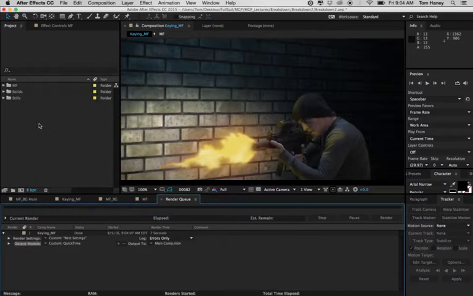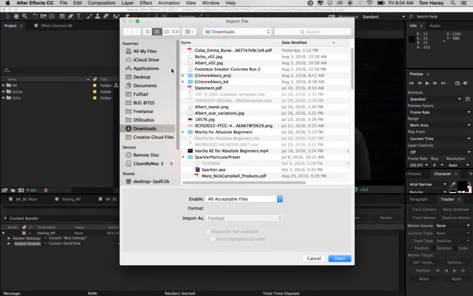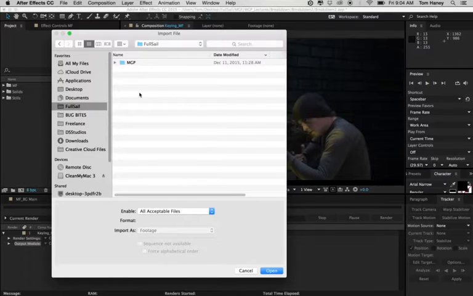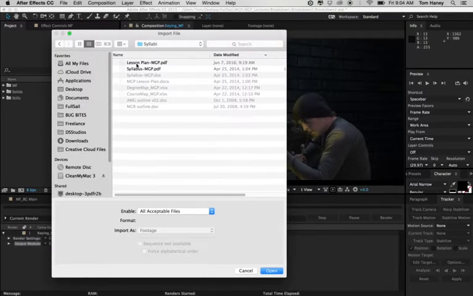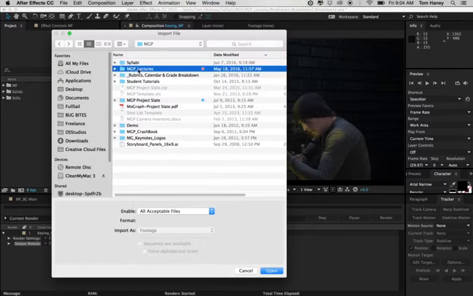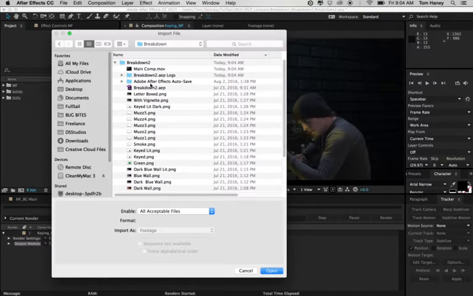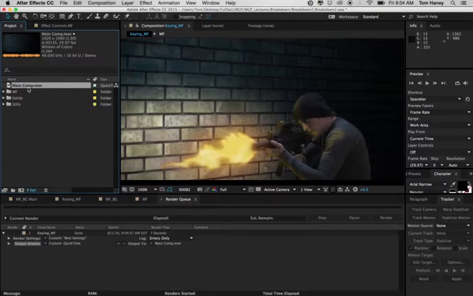Now that we've got that done, we're going to bring that video here into After Effects. So Command I is the shortcut to import. Navigate over to our folder. Here it is, main comp. Open that up. So this main comp is going to serve as the introduction, so to speak, to our VFX breakdown. We're going to make a new comp with that. I'll just drag it down here to the new comp icon